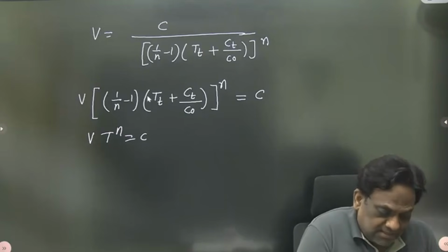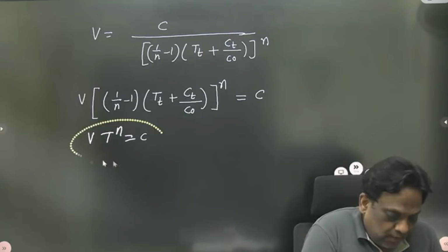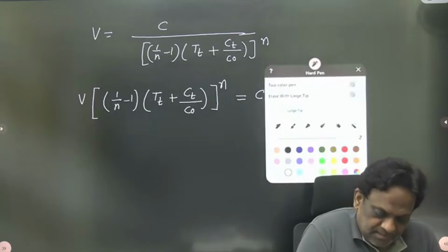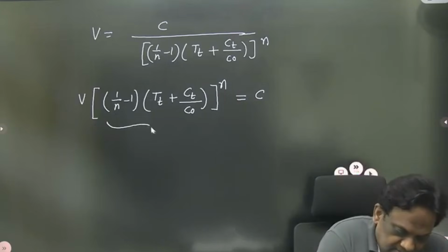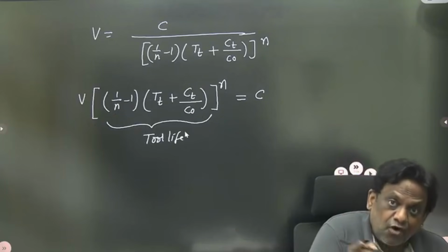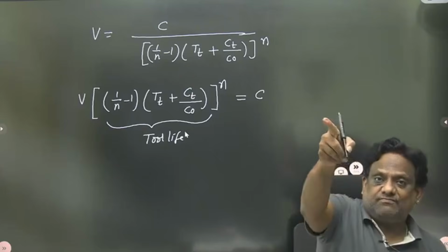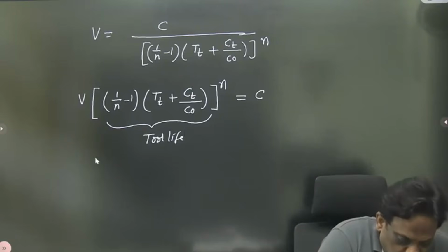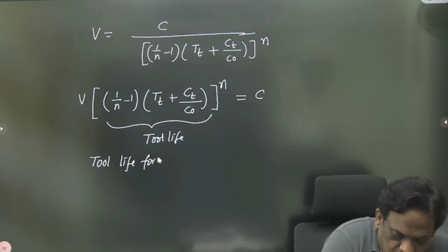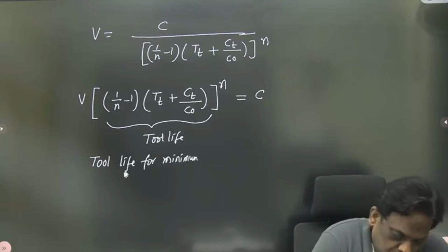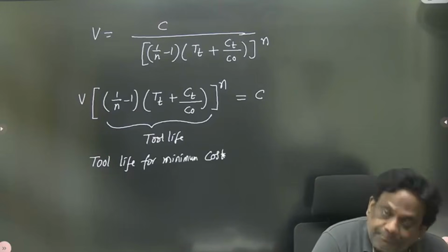So what will this be, sir? This is the tool life, sir. See, this is the tool life. This is the tool life. For what? For minimum cost. So therefore tool life for minimum cost, tool life for minimum cost,